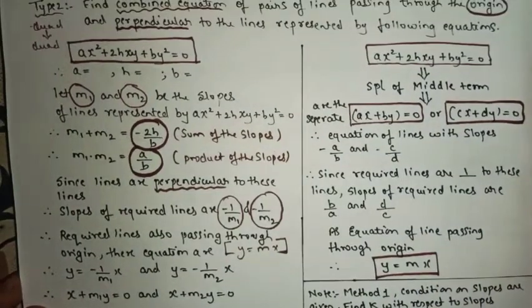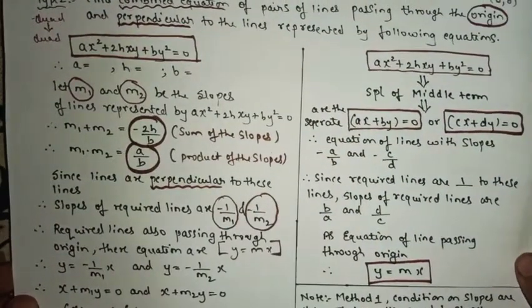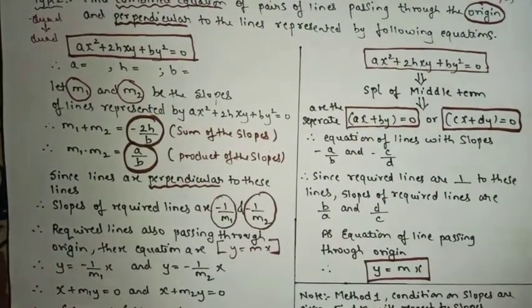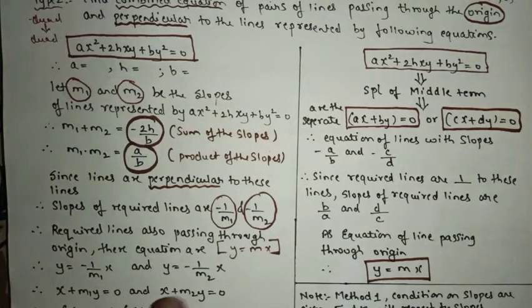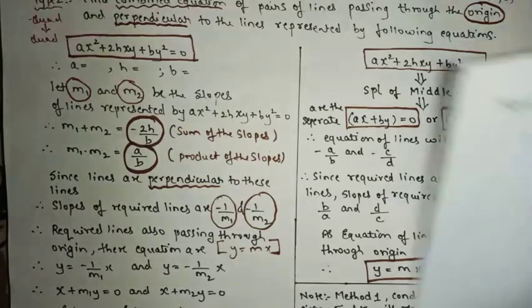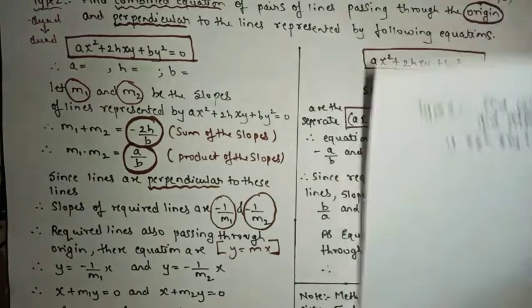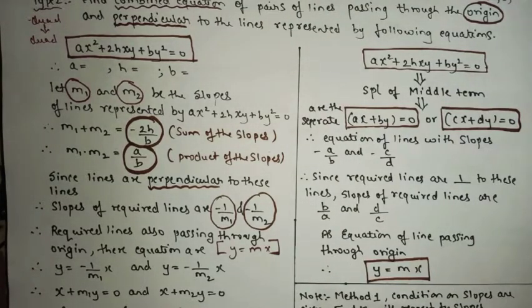So now we'll apply this method. This was the theory part of the sum. We'll take one sum and solve it using method number 1, and again we'll take the same sum and apply method number 2. Now if you feel method number 1 is easy, stick with method number 1, and if you feel method number 2 is easier than method number 1, you can apply method number 2 also. It is up to you.